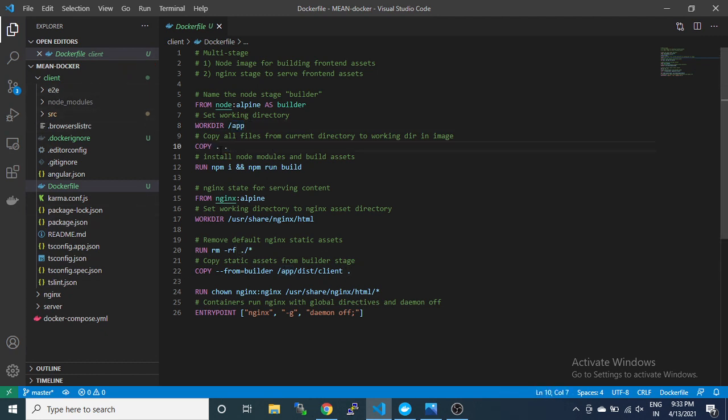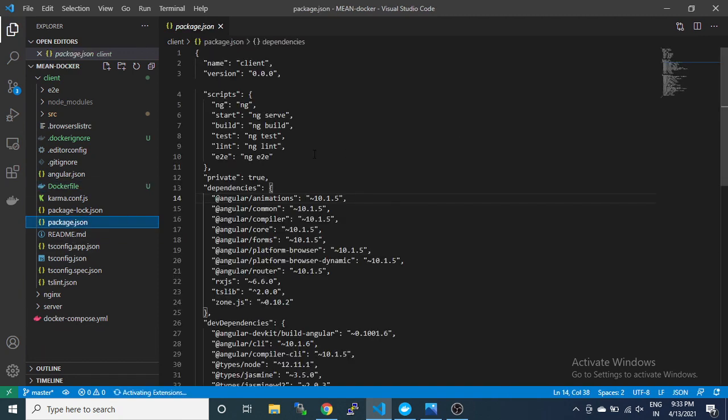So the source is the root of this, and the destination is the root of the working directory. Then npm install will install the dependency packages and create node_modules, and then npm run build runs the build command. You can see the build command here in the package section: ng build. So it will execute that.